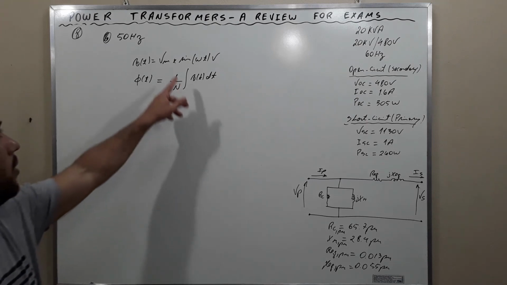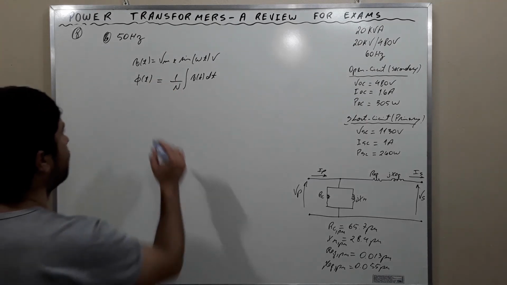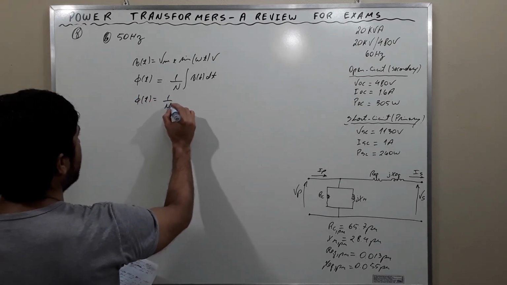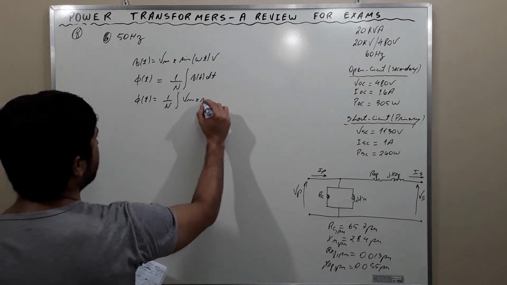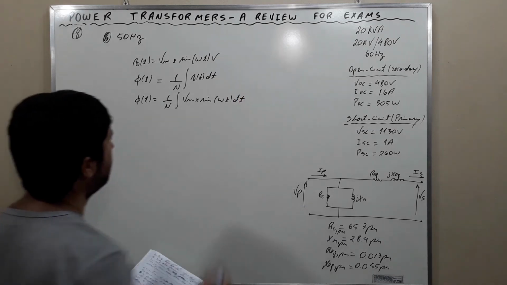If we integrate this, phi of t equal to 1 over N times the integral of Vm times the sine of omega t dt,